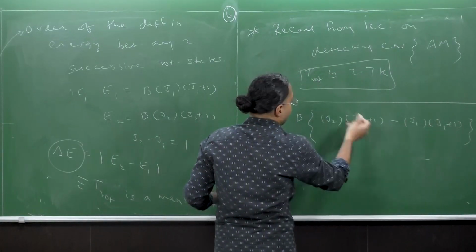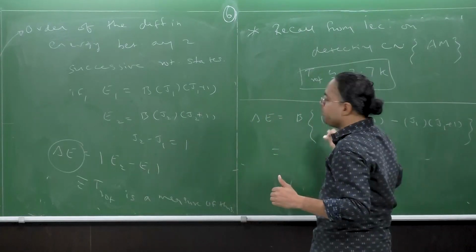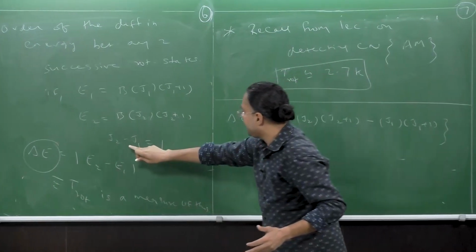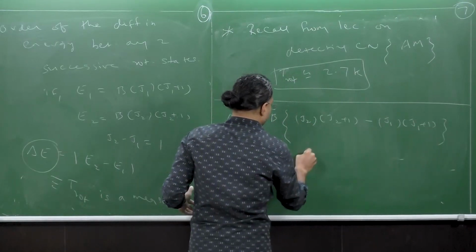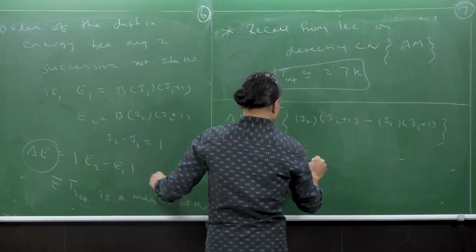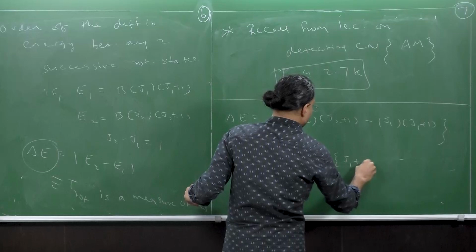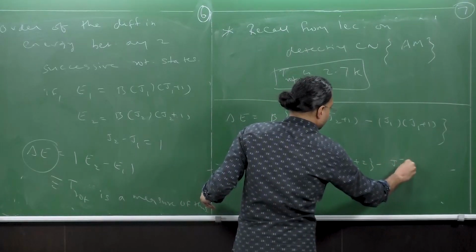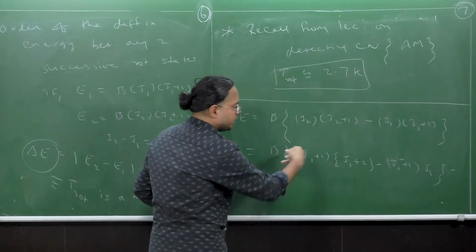So if my J2 is nothing but J1 plus 1, this is going to be B times J1 plus 1 into J1 plus 2 minus J1 plus 1 into J1. Now if you take out the J1 plus 1 outside,